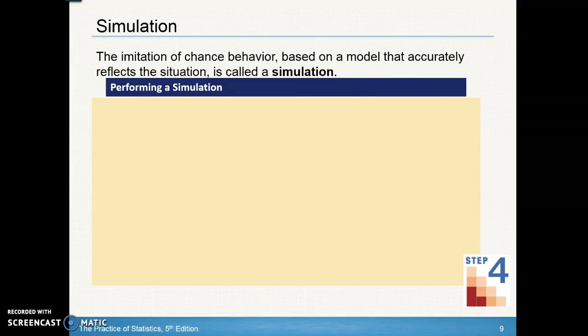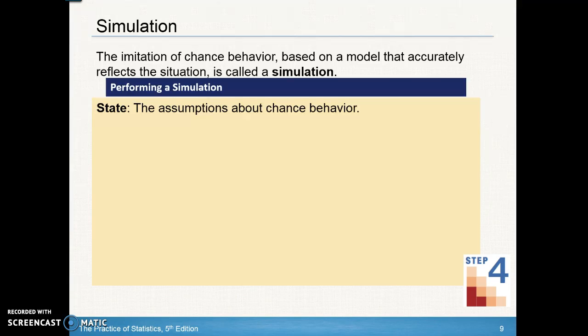All right, so like I said, the imitation of chance behavior based on a model that accurately represents a situation is called a simulation. All right, so how do we do a simulation? There's 4 steps you're going to look at, and we're going to use these again in the future. So get used to saying state, plan, do, conclude. State, plan, do, conclude. So state, the first portion that you're going to do is state the assumptions about chance